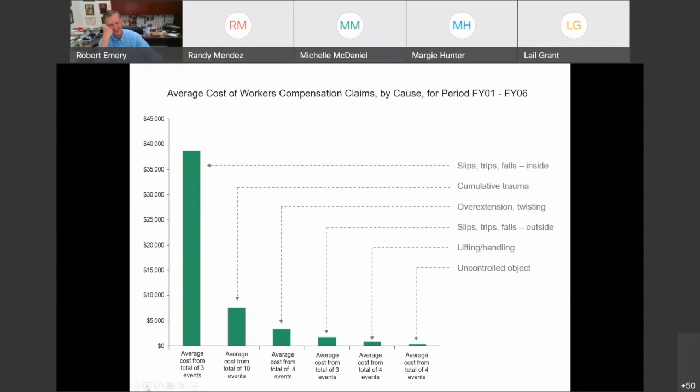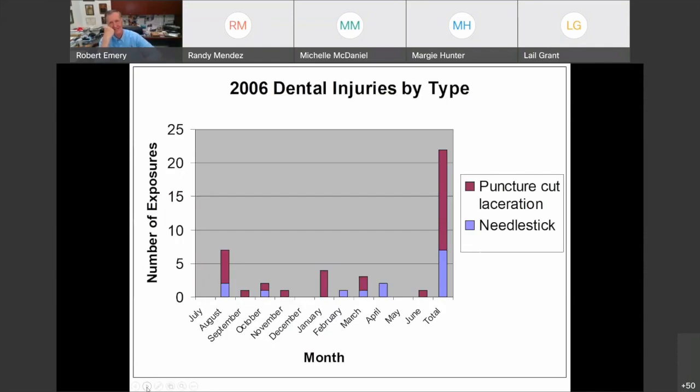So pretty interesting. Okay, this is a trick question because I don't think they have a mascot. This is University of California, San Francisco. And this is injuries of the dental students. It was important to note on here, by the way, the reason there's no data here is that's the beginning of the academic year. I don't think they have a mascot, by the way. They're like a health science center graduate program.